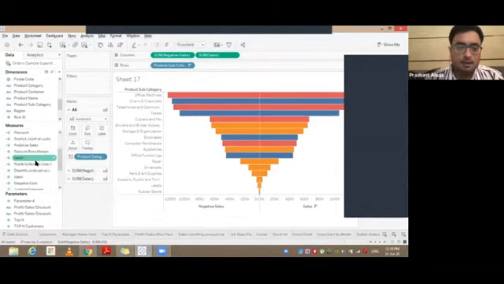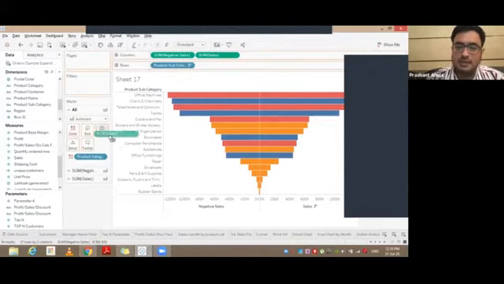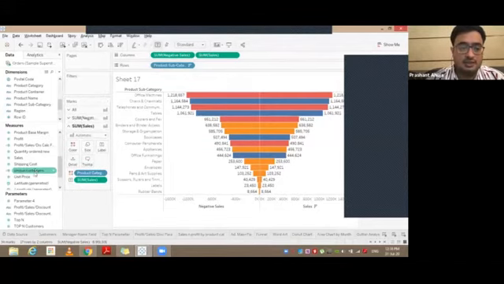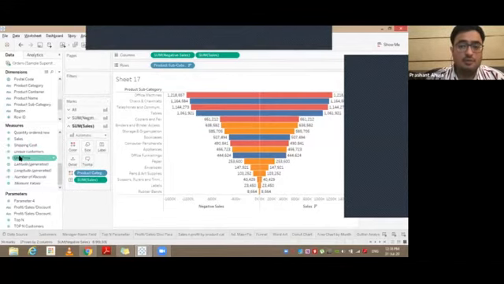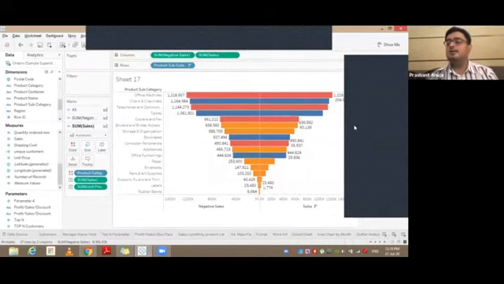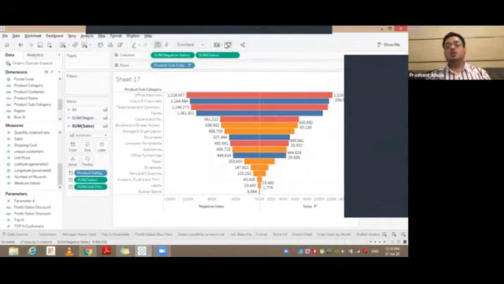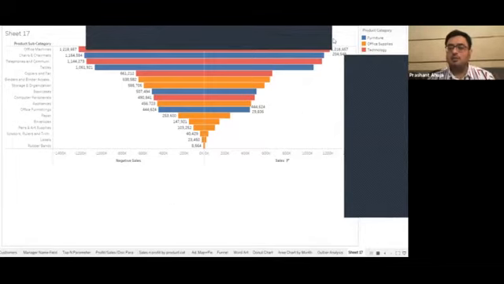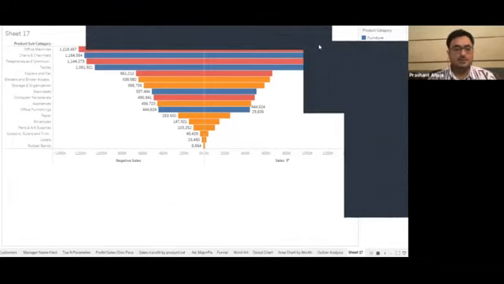You could pick up probably anything which you want to represent in the labels, the sales. If I choose sales in the first one, I can also represent profits in the second one. I can represent unit price in the second one by just dragging and dropping in the text column. So that's how you create a funnel chart. On the top are the categories with the highest sales, and on the bottom are the categories with the lowest sales.